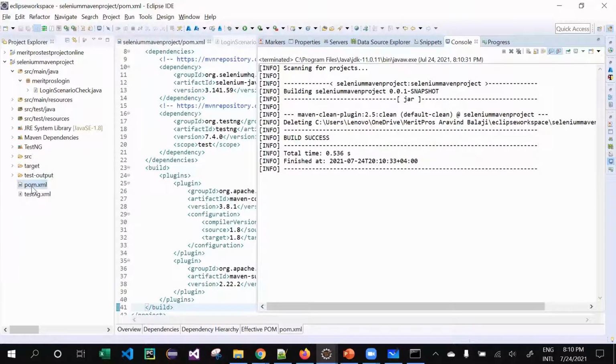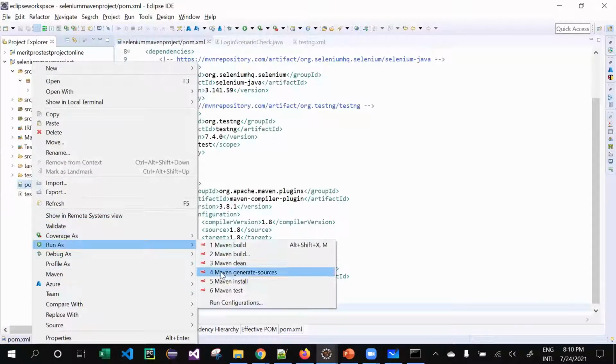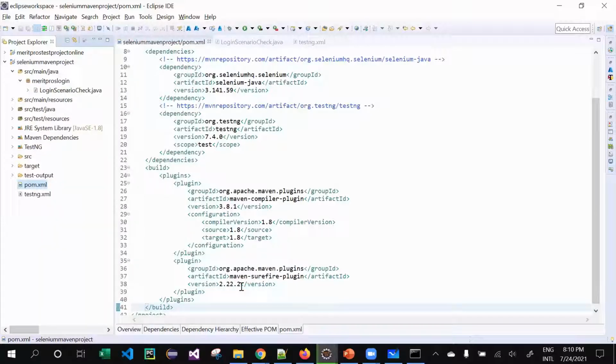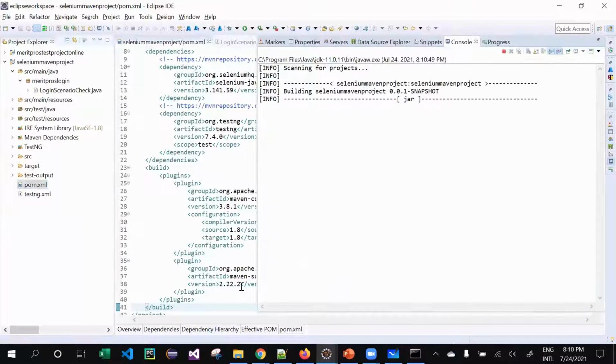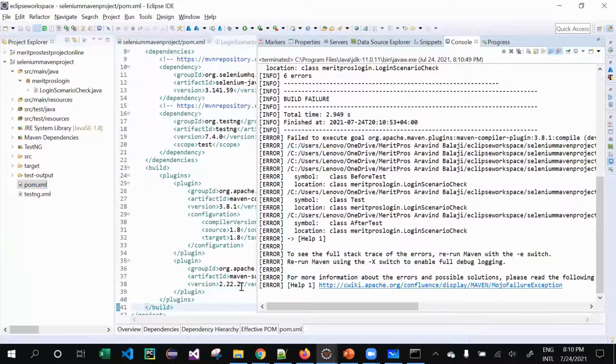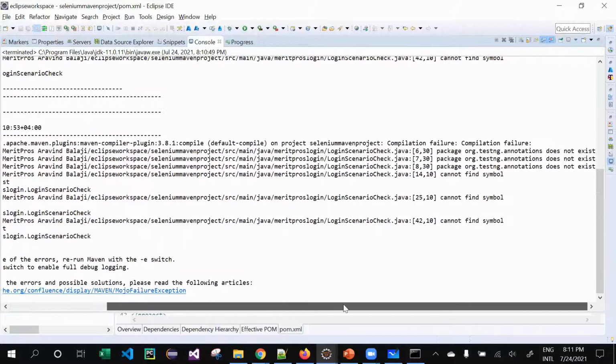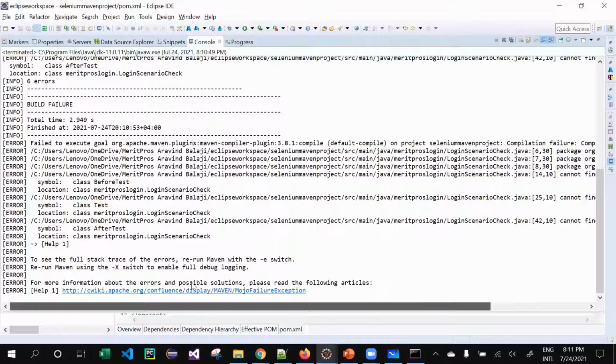Simple. Now if you want to run it, right click, run as Maven test. Simple. It's going to download all your dependencies. Okay, again there is some issue, let me figure it out. Package does not exist.